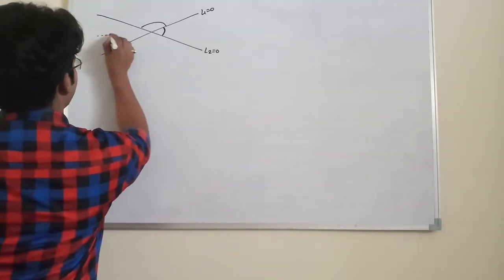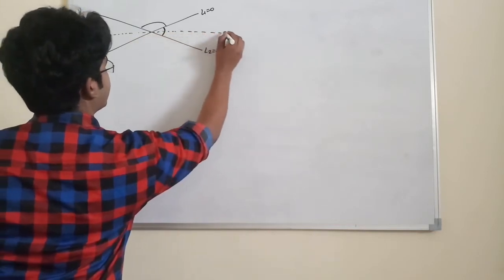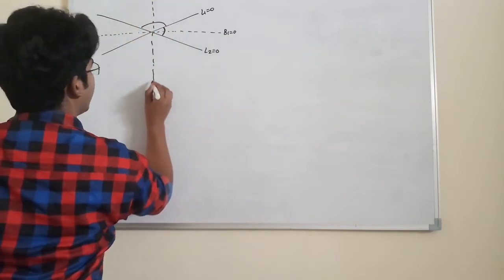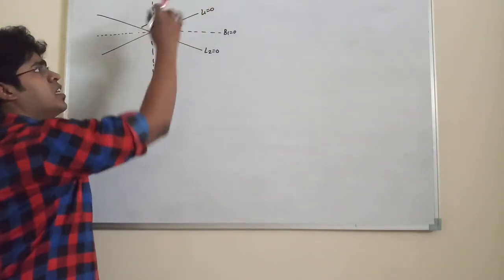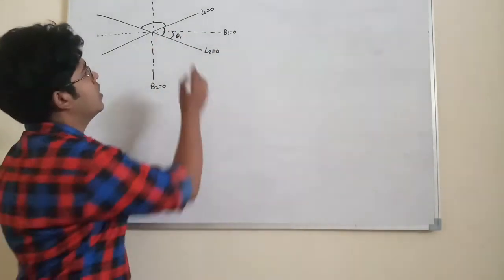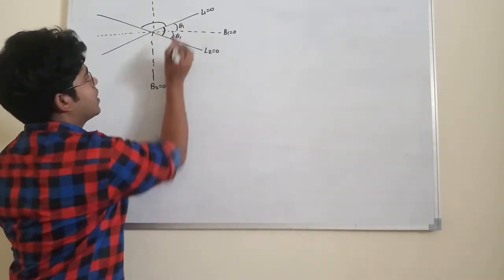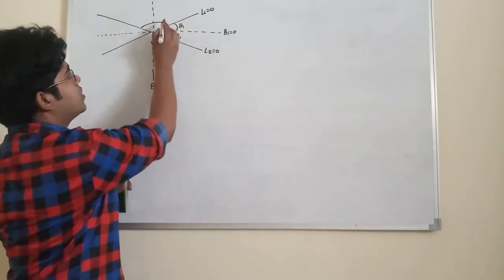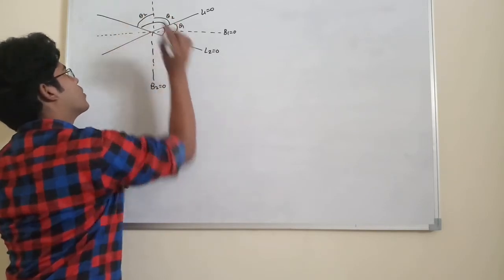Suppose it is B1 is equal to 0. I am saying in my figure that it looks like this is the acute angle. So suppose B1 is the acute angle bisector, and this is B2, the obtuse angle bisector. Now, since B1 is bisecting L1 and L2, if I say this angle is theta 1, meaning the angle between L2 and B1 is theta 1, then the angle between L1 and B1 will also be equal to theta 1. Similarly, this is the obtuse angle, and B2 is bisecting it, so let this angle be theta 2, and I can definitely say this angle will also be theta 2.